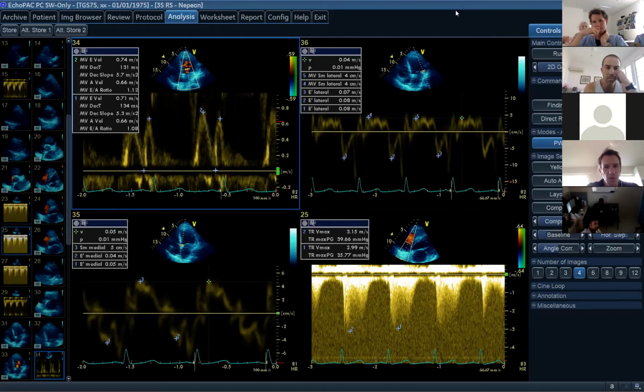Nice. So the key question would really be to answer what is an estimated left atrial filling pressure. So the E to A ratio there is somewhere in the middle. You told me that her left atrium is dilated and her lateral E prime, she's 40, so that's definitely down. Is that 8? Measure there, 8. Yeah, very nice. Medial, it's also down, and her TR velocity is up. So based on that, you would say...